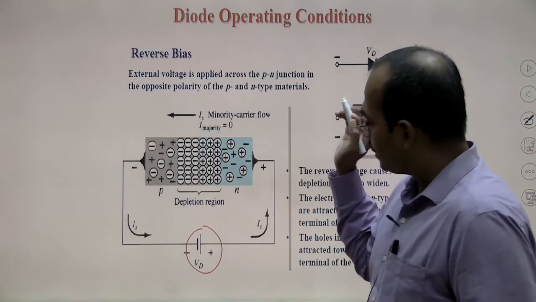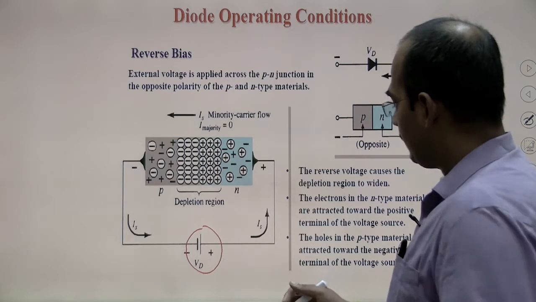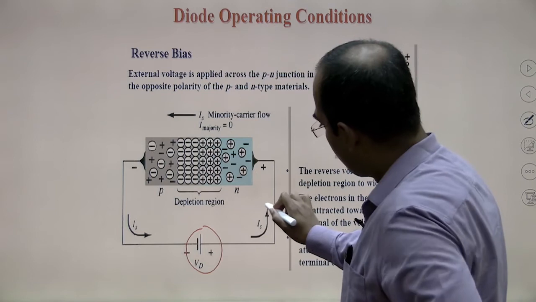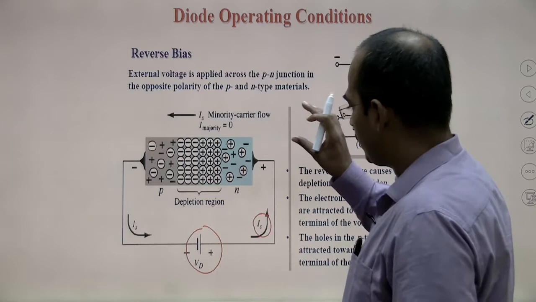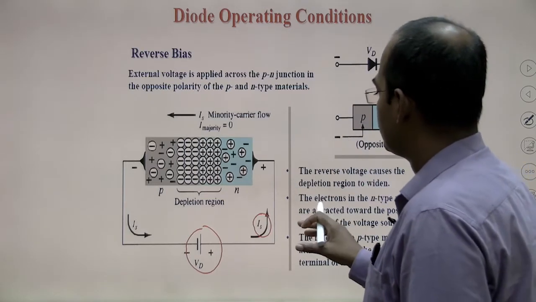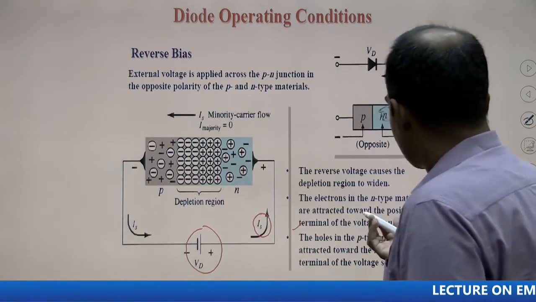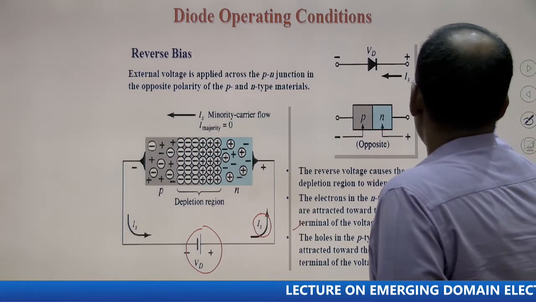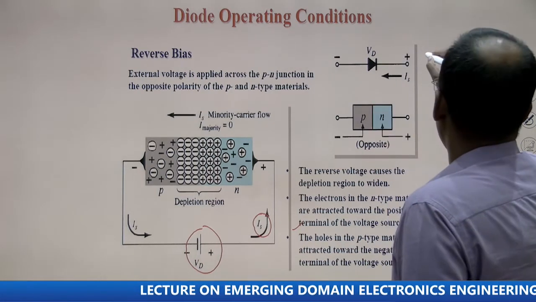In the reverse bias condition, the majority carrier current is 0. So the effect of the reverse bias voltage on the reverse saturation current is 0. The only effect on the reverse saturation current is because of temperature. So as temperature increases, there is a relation between temperature and reverse saturation current for a particular temperature.